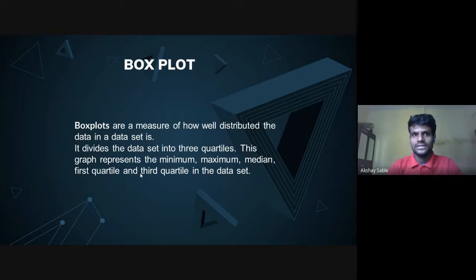We can also see outliers in a box plot: outliers on the left side are values beyond the minimum limit, and outliers on the other side are values beyond the maximum limit of the box plot.